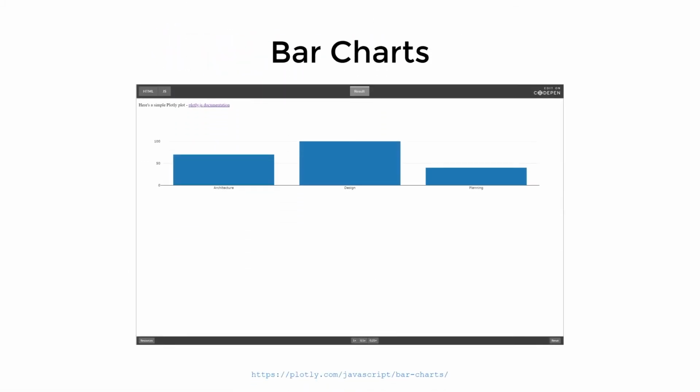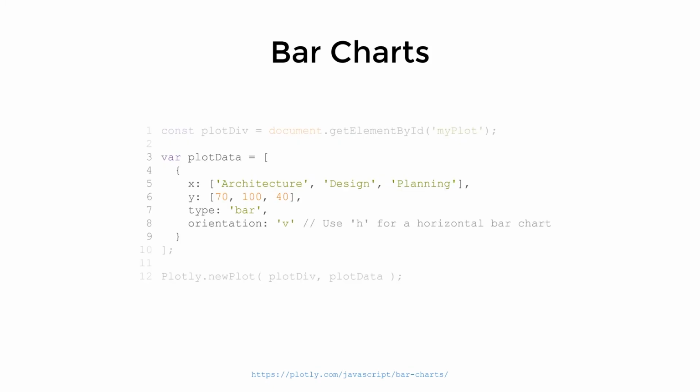The next chart or plot I want to present to you is a bar chart. This is another simple chart where all we need to provide is two sets of data. Firstly, the x-axis, which is our different categories that we're representing here, and then the y-axis, which is some value on a predefined scale. For the code, we can see that in this example, we are creating the plot data